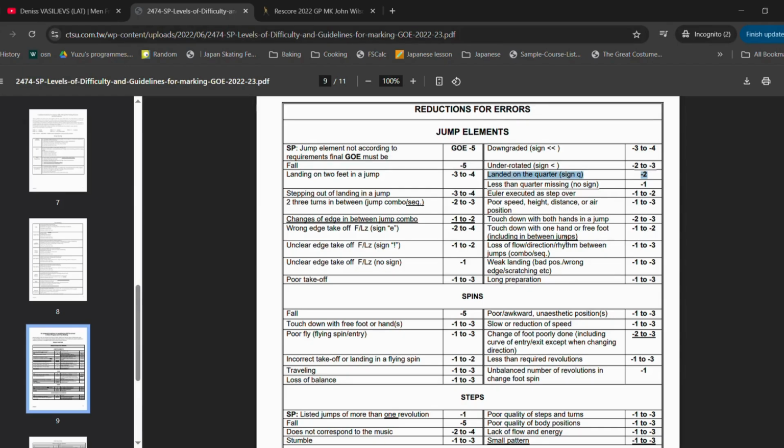And then touchdown with one hand or free foot. I think, well, yeah, it's a little bit ambiguous with this one because you also have landing on 2 feet in a jump. So this is more of a touch because you can see that he didn't land and then lift up his free leg. He kind of touched with the free foot and then moved it. But this is kind of where some scoring discrepancies can come in. So I'm going to give the -2 here, just to be as harsh as possible, and that brings us to